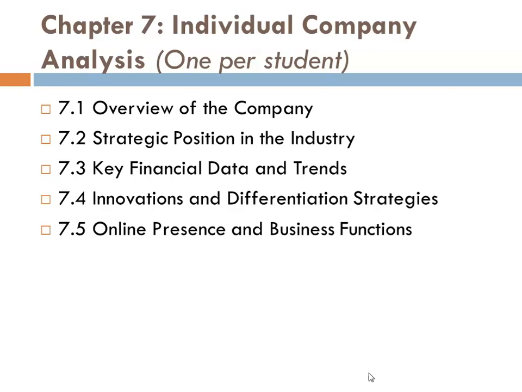Then competitive advantages. Then what is the USP, market share, and brand value that you can include in 7.2. 7.3, key financial data and trends. Here you can write down revenue, profit, margins over the last few years. You can take 3 to 5 years data. You can identify growth trends, investments, funding, debt structure, etc. You can list down any major financial challenges or successes that the company is facing in 7.3.